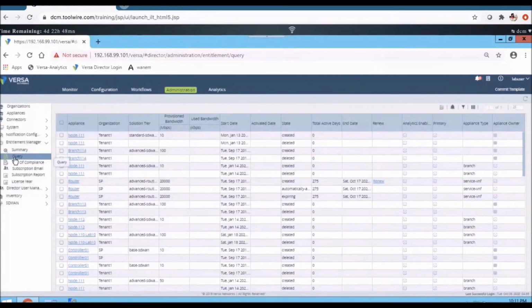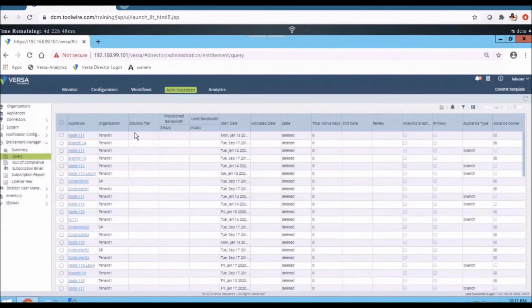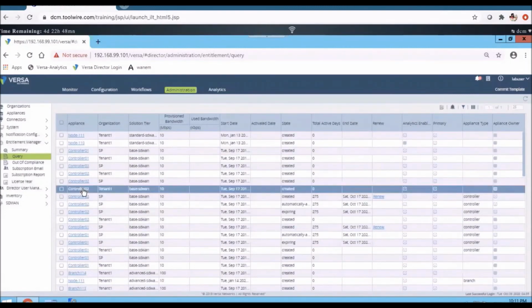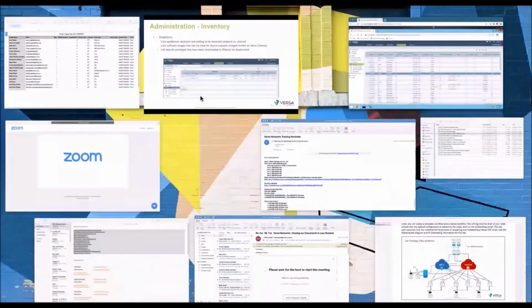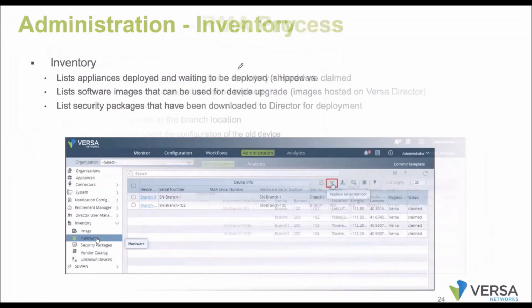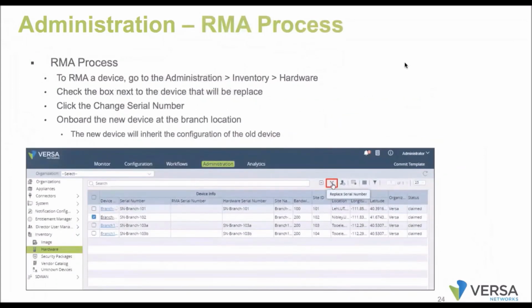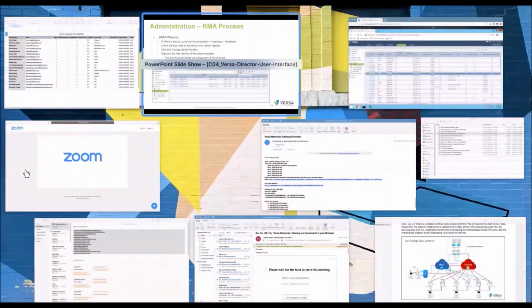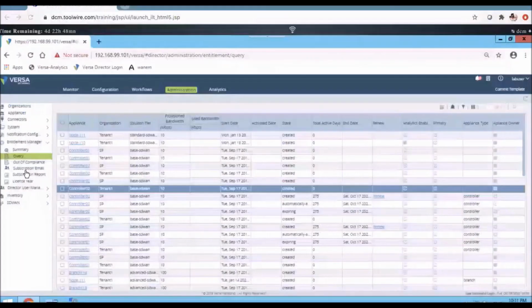When we are talking about the workflow template, whatever solution tier you are going to use, that information will be applicable to the branches. We'll be talking about that in detail. Then we covered the inventory and the RMA process. If I want to do the RMA process, I go to the inventory and click on this hardware.